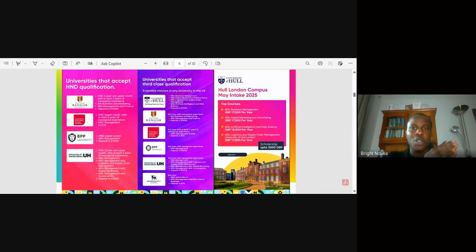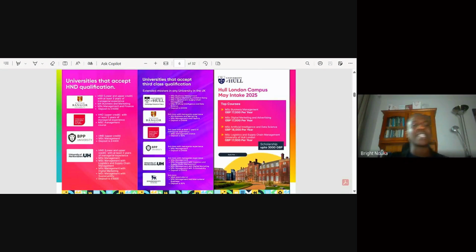Let's discuss the options, because you need to provide things like, if you made a lower or upper credit, 3 years working experience in addition can cover for that. If you made upper credit, some of them can ask you for 5 years working experience. Some can ask for 3 years working experience, depending on what your qualification is like. But again, the options are very limited. Not all schools accept HND. Very few schools accept HND, and even within those very few schools, only very few courses actually accept HND.